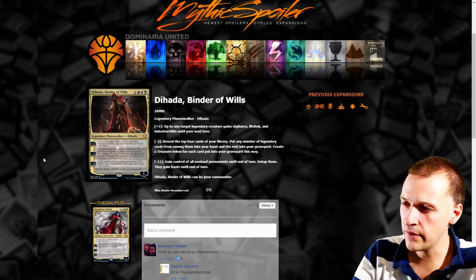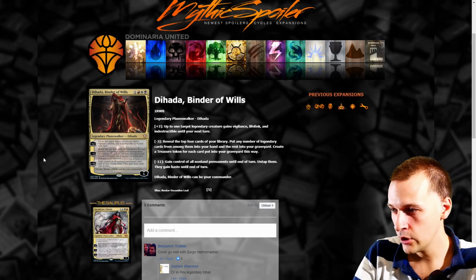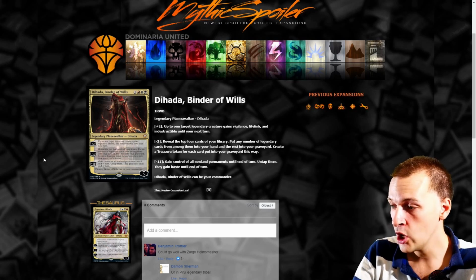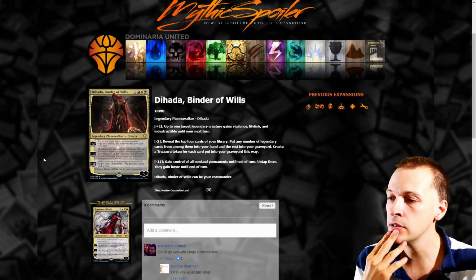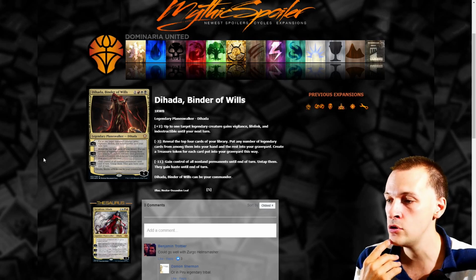Wait a minute, she can pay for herself. So you cast her, you -3. You reveal the top cards of the library, put any number of legendary cards from all of them into your hand and the rest into your graveyard. However, create a treasure token for each card put into your graveyard this way, and you reveal 4. You pay 4 and you gain 4 treasures. That is actually kind of good. You will mill yourself and you will create treasures, and that is helping you with your Underworld Breach. And if you don't, you can put